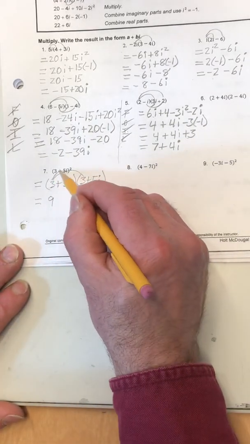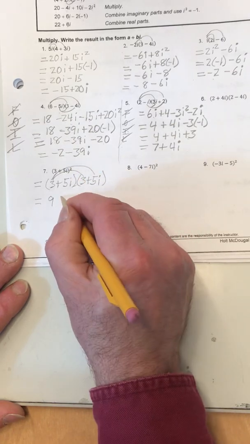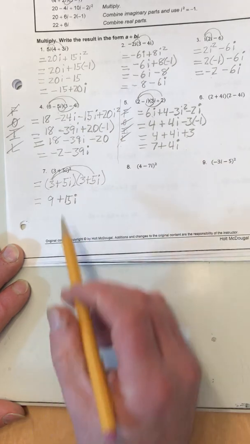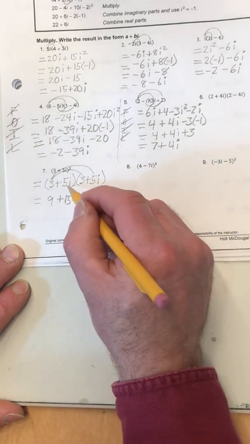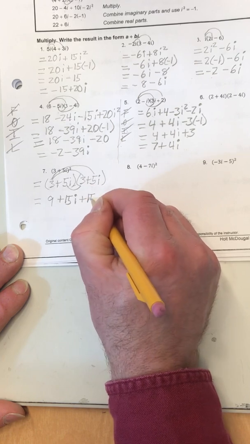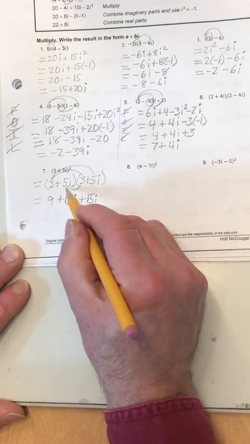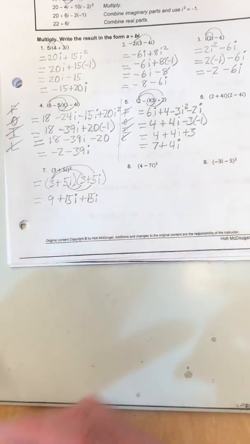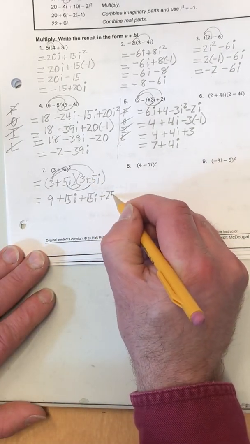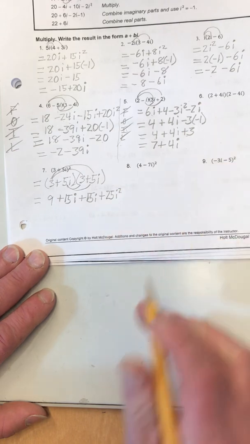And then 3 times 5i is 15i. Okay? Now for the 5i. 5i times 3 is 15i. And 5i times 5i is 25i squared,